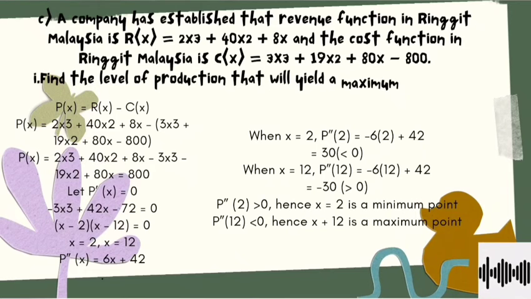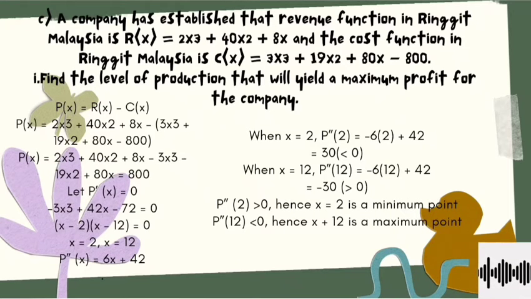Moving to our last question, the revenue, cost and profit function. The question is, a company has established that the revenue function in Ringgit Malaysia is equal to 2x power 3 plus 40x power 2 plus 8x, and the cost function in Ringgit Malaysia is equal to 3x power 3 plus 19x power 2 plus 18x minus 800. For question 1c Roman 1, to find the production level that maximizes profit, we need to find